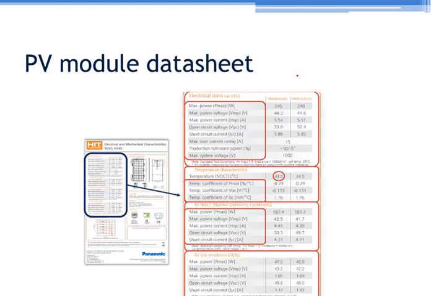So in this lecture we have learned about the solar cell, then what is a solar panel, what is a solar array, and then we learned about series and parallel connection. We also took one case study where solar cells were connected in series and another case study where solar cells were connected in parallel and series, that is a hybrid combination. And in the end section we understood the typical data sheet of a solar panel.